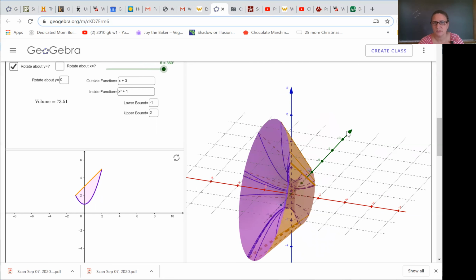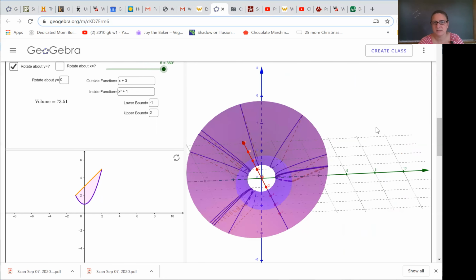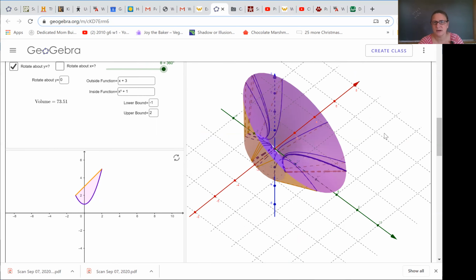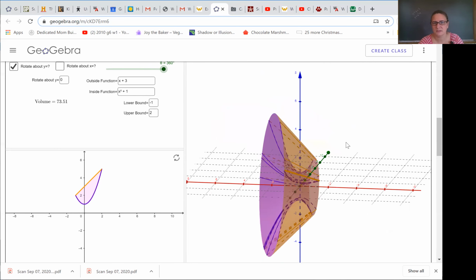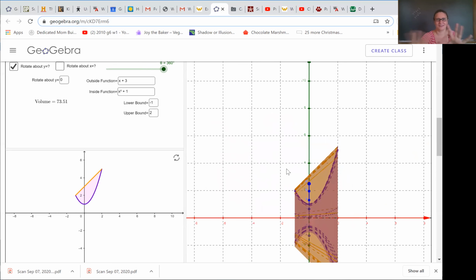Now it's broken, but oh, there it is. So you see it kind of looks like that. It's a neat shape, but in order now to find, I can't stop moving it. Okay, whatever. It doesn't look good now. Anyway, but in order to find the